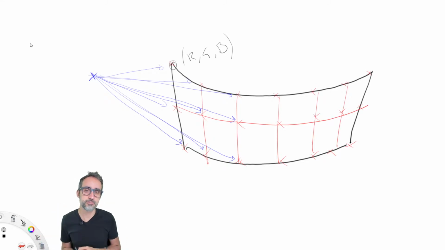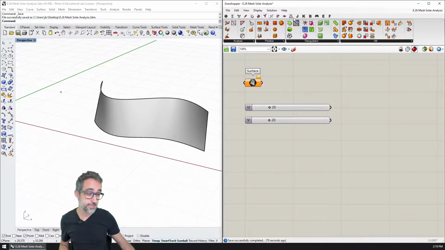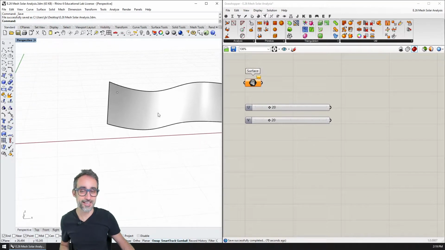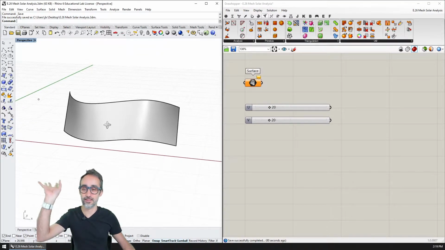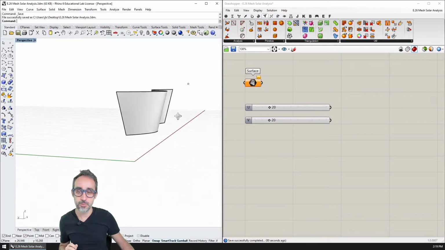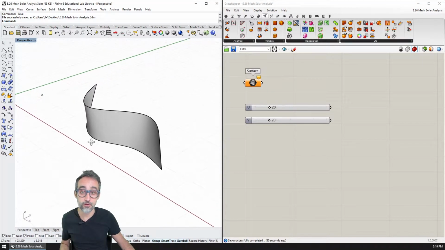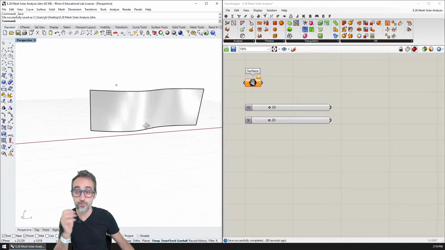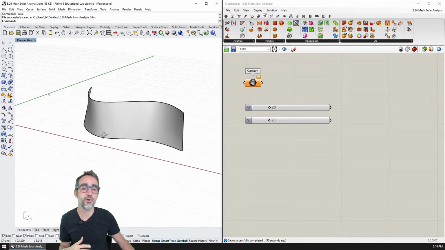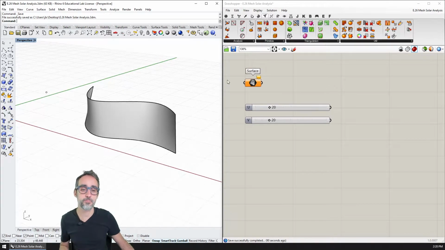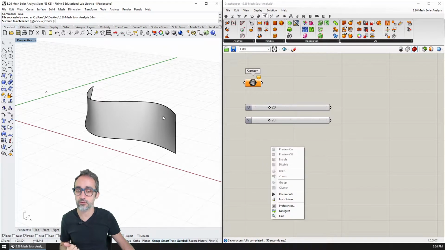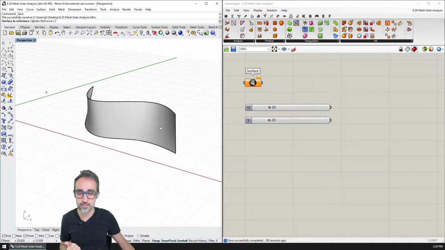Let's just do it. For this exercise, we're going to be using the exact same surface that we used in that other exercise, which is basically a NURBS surface that I have in Rhino, coming from the architect or from whoever decided the form of this building. Okay, so I'm going to take that surface inside of Grasshopper.